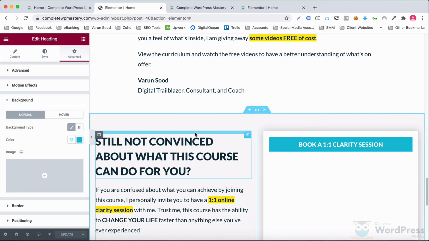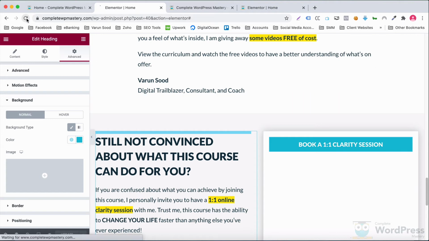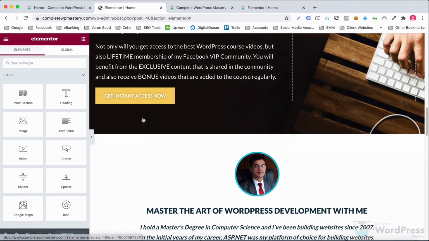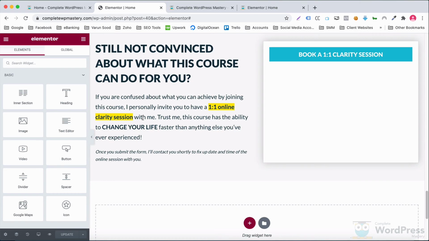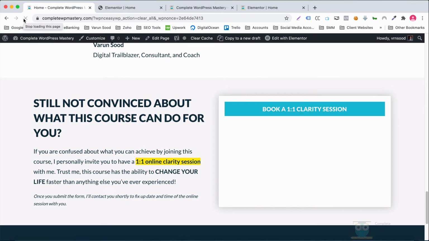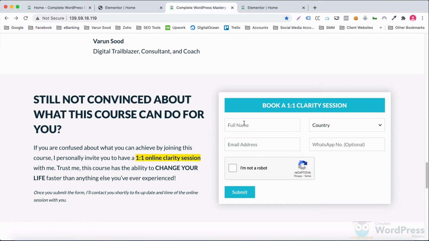Elementor sometimes shows such a weird line when you drag and drop widgets. When that happens, simply reload the editor and it will go away. Let's reload the front end as well. This section looks great. Only the form is missing in the right column, which we'll create later in the course.